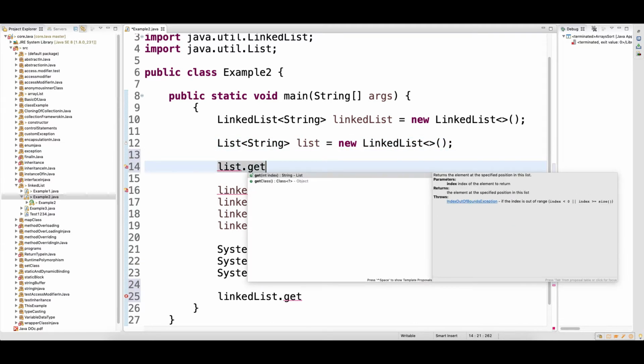It has only one get method, which is based on the index.